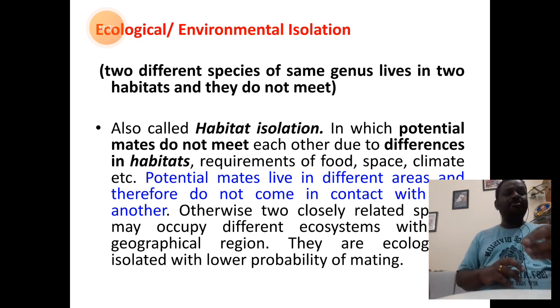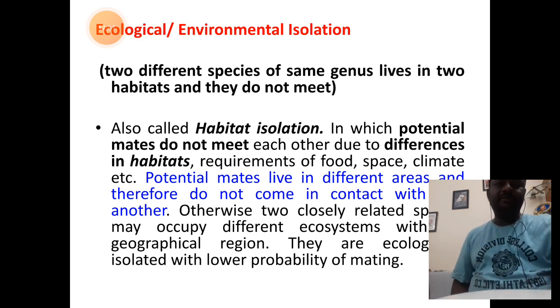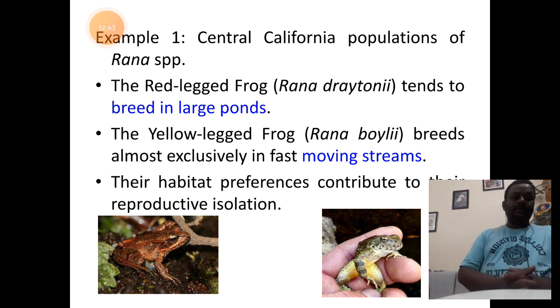Hence, this type of reproductive isolation is called ecological isolation or environmental isolation. There are many examples for this type of ecological isolation. Few to cite are: number 1,